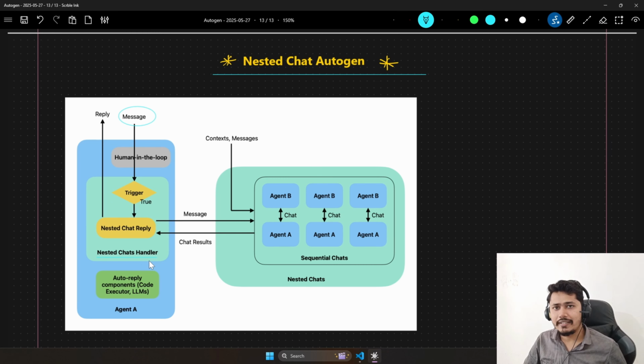Because we have a sequential chat available, in nested chat there is one component called the nested chat handler, which decides whether to go into that sequential chat or not. You can ignore this particular human in the loop. The practical implementation that we are going to see, the actual example, will skip this human in the loop, because we are already providing an LLM capability for our agent A, and this agent capacity will allow us to